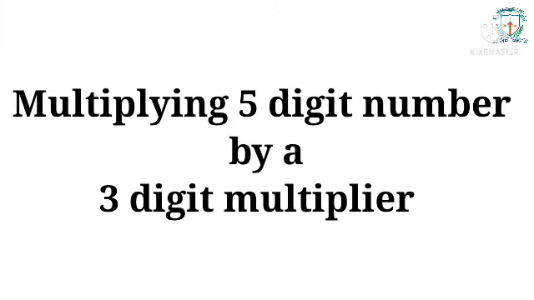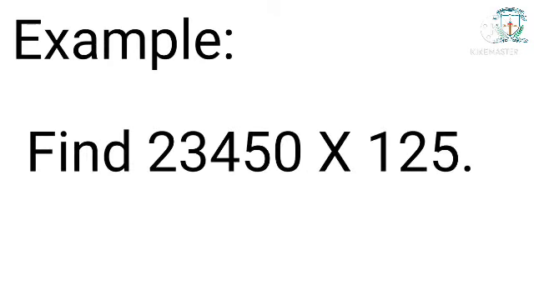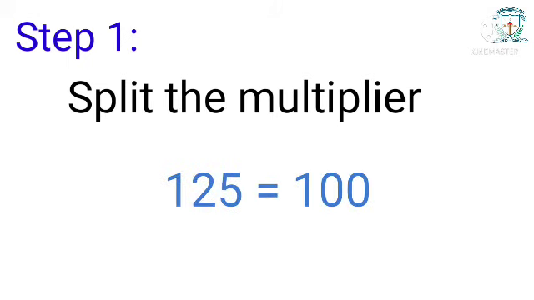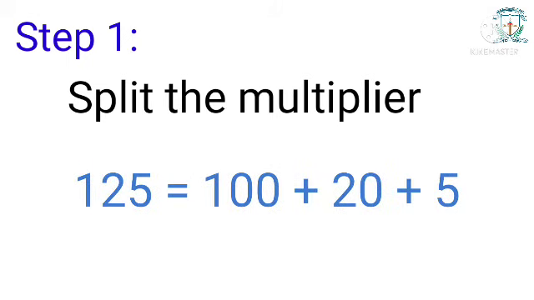Multiplying 5-digit number by a 3-digit multiplier. Example, find the product of 23,450 and 125. We follow the same steps. That is, step 1, split the multiplier. That is, 125 is equal to 100 plus 20 plus 5. Step 2. Multiply